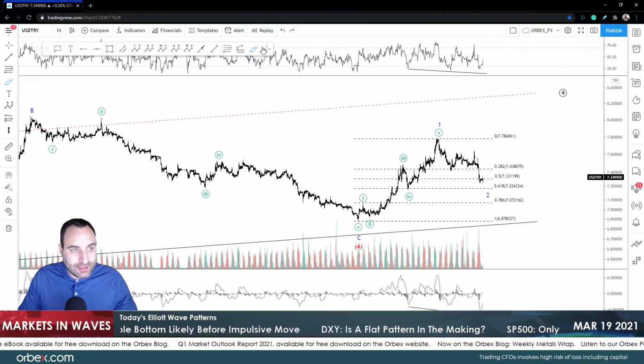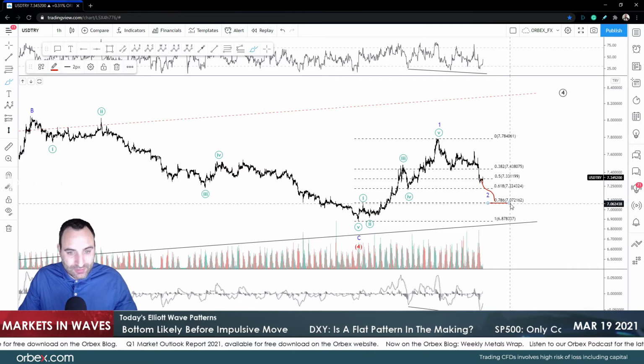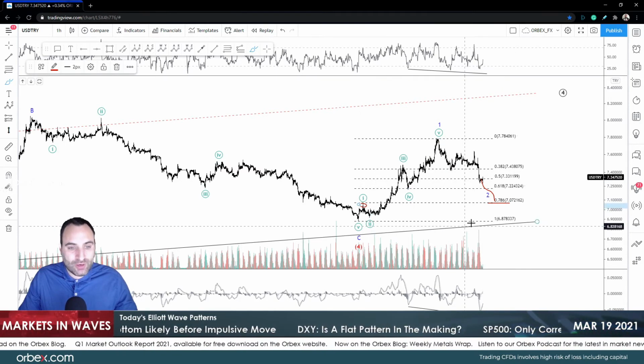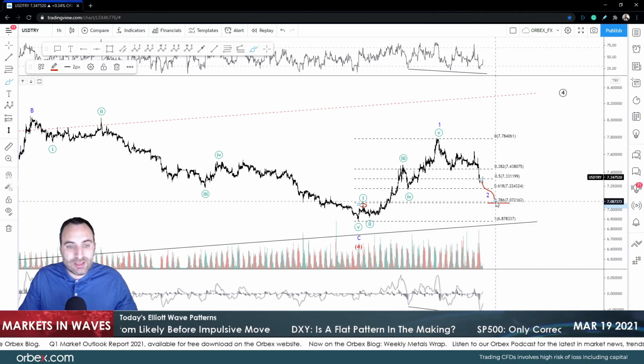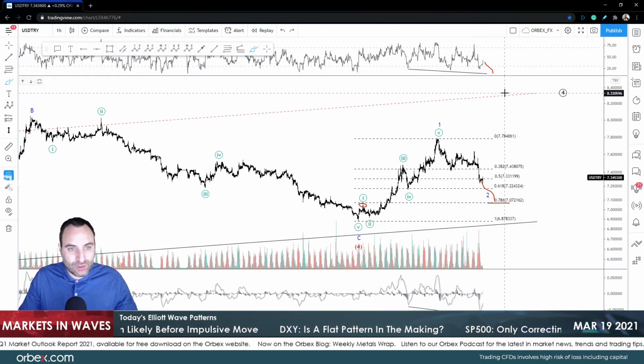Now, in case we move lower, we could perhaps go down to 7.06 or so and above wave 1, to still be considered as an impulse move. And perhaps this is going to give us the signal that we need over here for the hidden bullish divergence on the RSI.